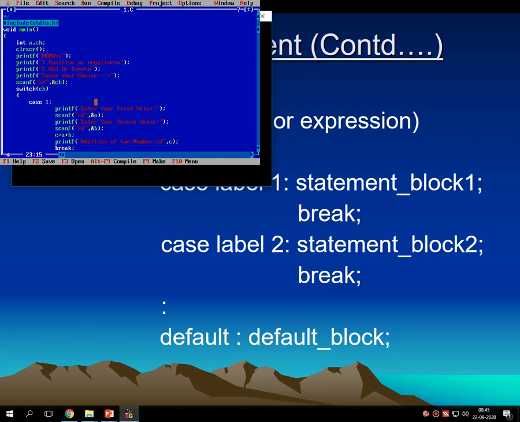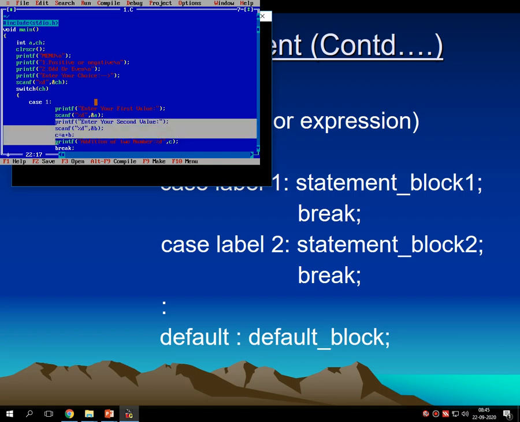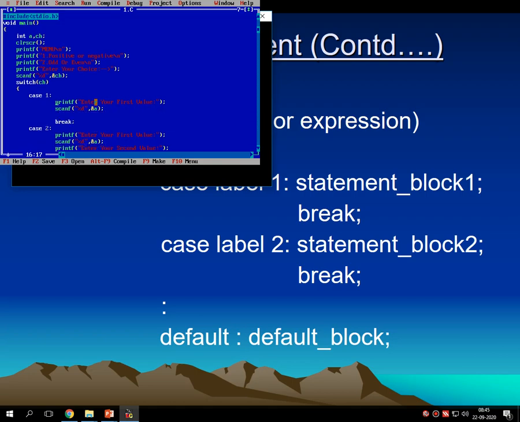Then I go for case number one. In case number one, it checks for positive, negative. It requires a single number. So enter your value, scanf %d, &a.